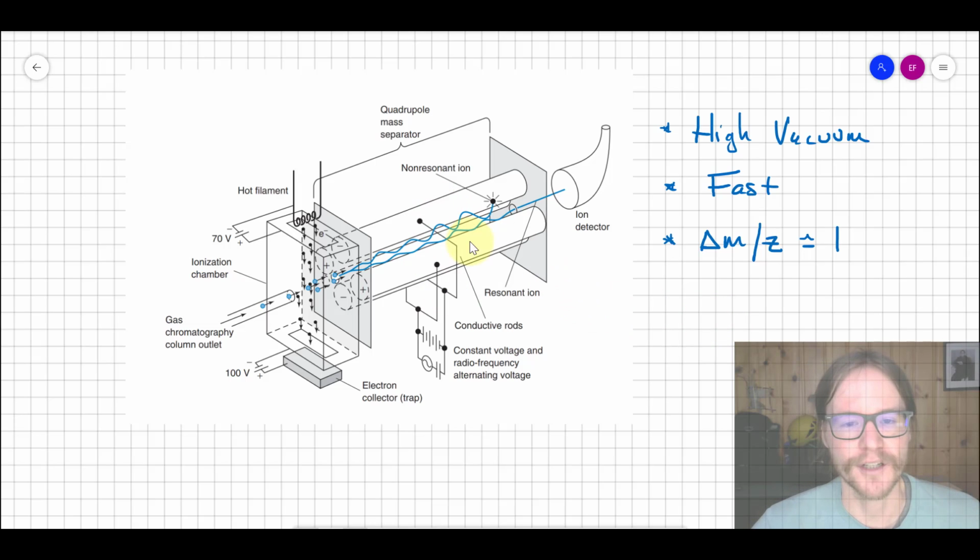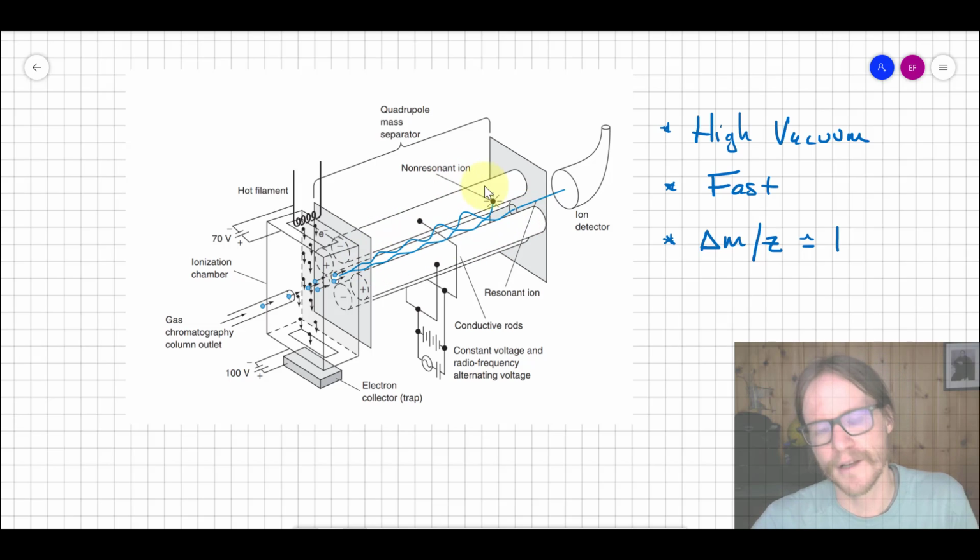Why? Well, as you could imagine, if you had a bunch of stuff filled inside of this quadrupole, then you would no longer be able to really simply separate the resonant ions, those that are in resonant frequency with whatever's being applied, from those that are non-resonant, because they'd be constantly colliding and losing energy with all the other junk that's in the system. That said, there are a variety of quadrupoles out there that exist inside these chambers called